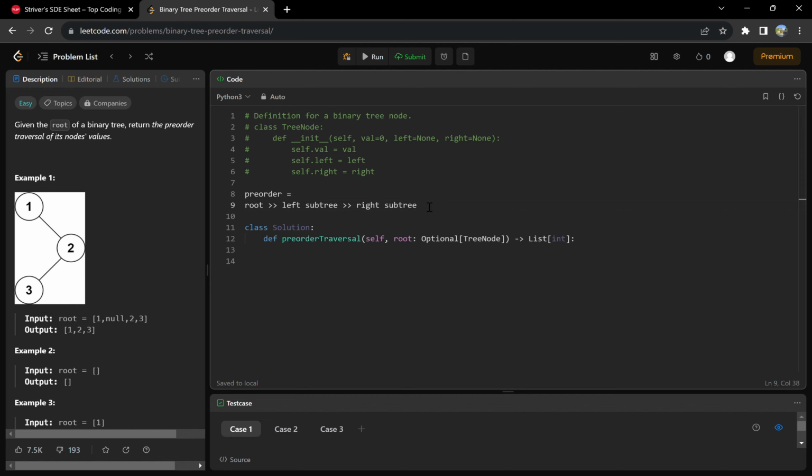Okay. So let's just quickly code this out. Let's check the initial condition, that if root is None. Okay, that is an empty tree, then we have to simply return an empty list. Whereas if root is not None, then we have to return